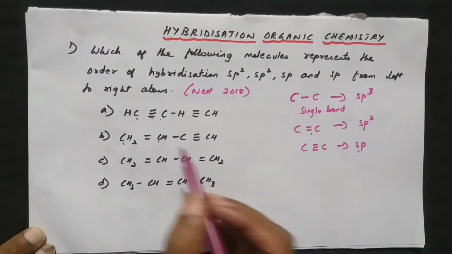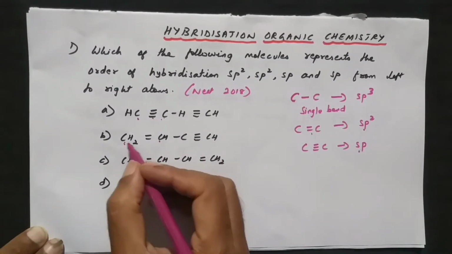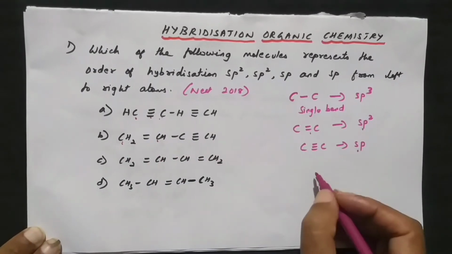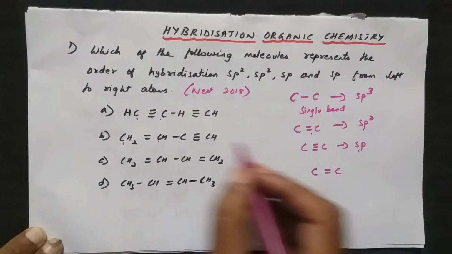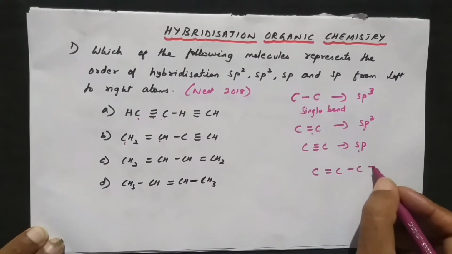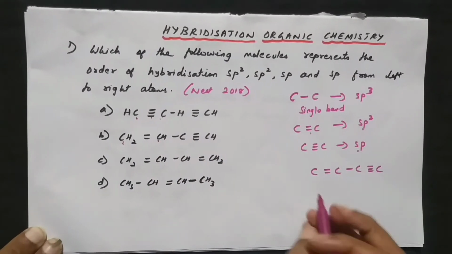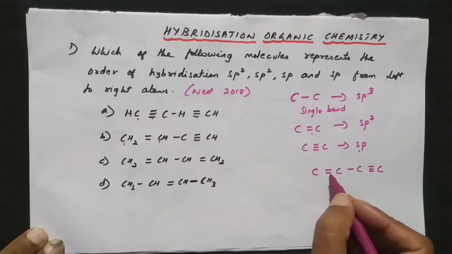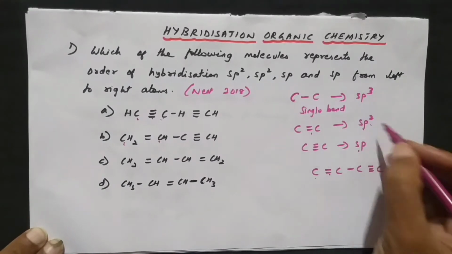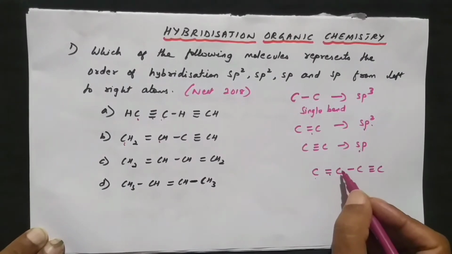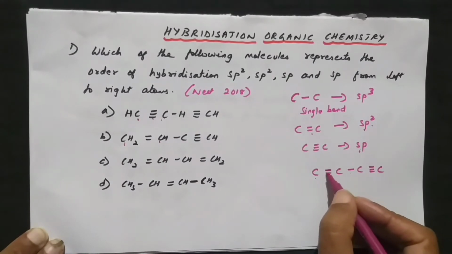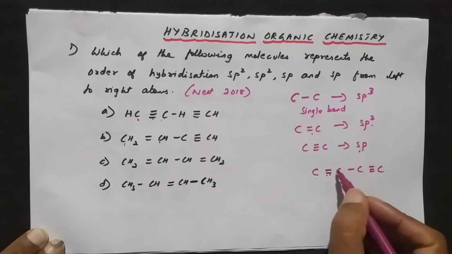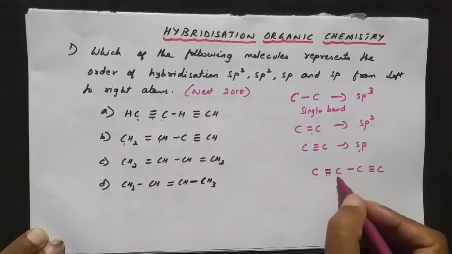Come to the second carbon. So what is supposed to be written in this case? Leave the hydrogen, write only the carbon there. So carbon, double bond, carbon, leave the hydrogen, again carbon, triple bond, carbon. When I take this first carbon, a double bond is there. So it will be sp square. When I take the second carbon, you have to see both left and right hand side. On the left hand side we got a double bond, on the right hand side we got a single bond. So again it's sp square.